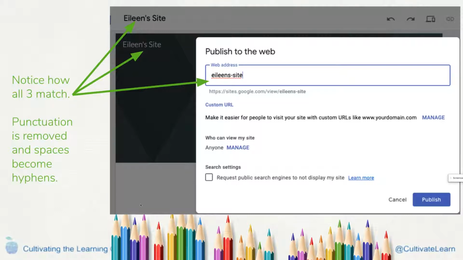Okay? So notice how those three match, and notice how the apostrophe in Eileen's is gone. Everything is lowercase, and where I have a space, Google puts in a hyphen, because you can't have spaces in a URL. And then this is the actual complete name of the website,